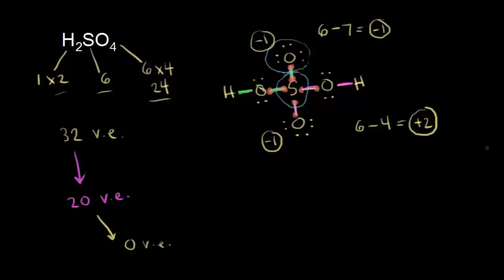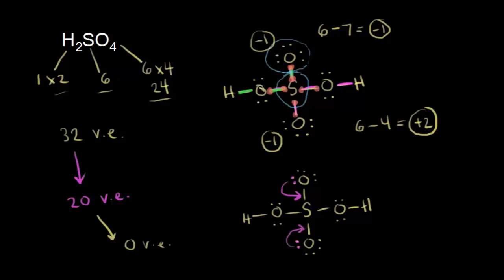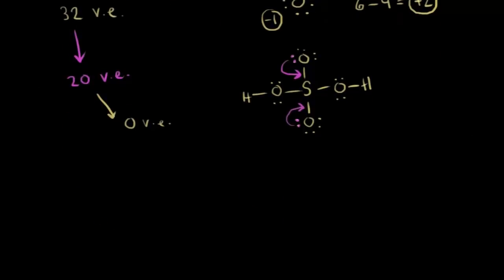the preferred dot structure. And so let's go ahead and redraw this really quickly, and let's see if we can move some electrons around to minimize our formal charges. Now we can't add any more electrons because we've already represented all 32 valence electrons that we were supposed to. So the only thing that we can do is to share some more electrons. And so if I took 2 electrons from this top oxygen here, so if I took these 2 electrons and I moved them into here, and if I took these 2 electrons right here and I moved them into here to form double bonds,